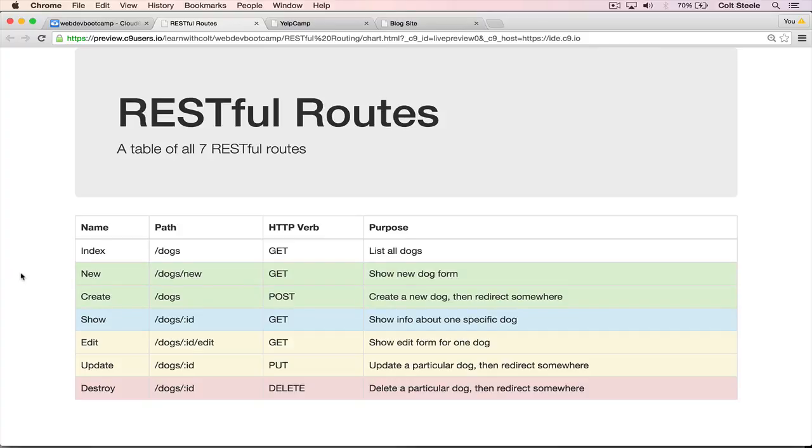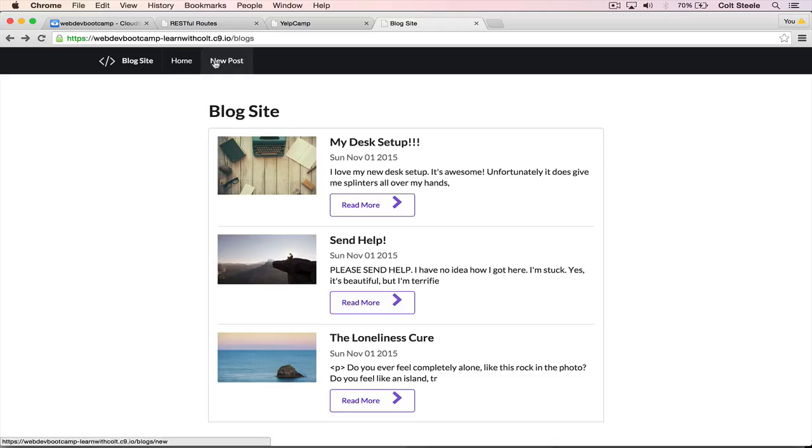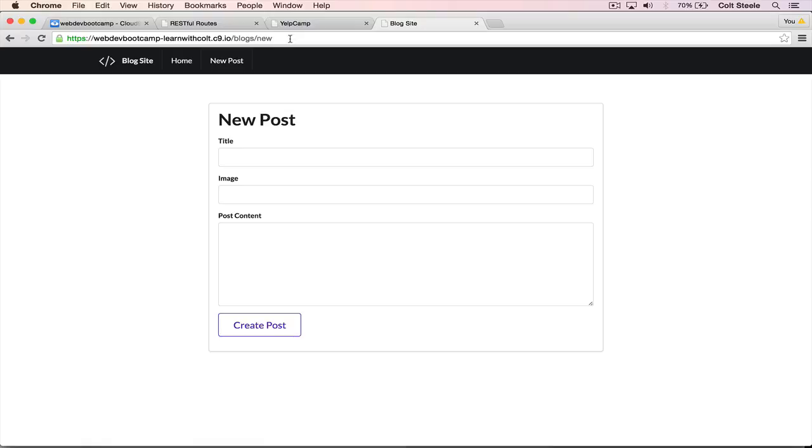They're both green because they have to do with one another. They're both related to creating a new dog. And edit and update are also both color-coded because they are linked as well. So new and create, if we go back to the blog site and I click on new post, pay attention to the URL,